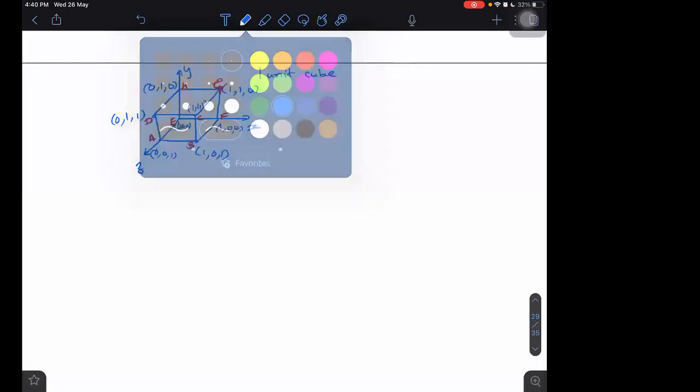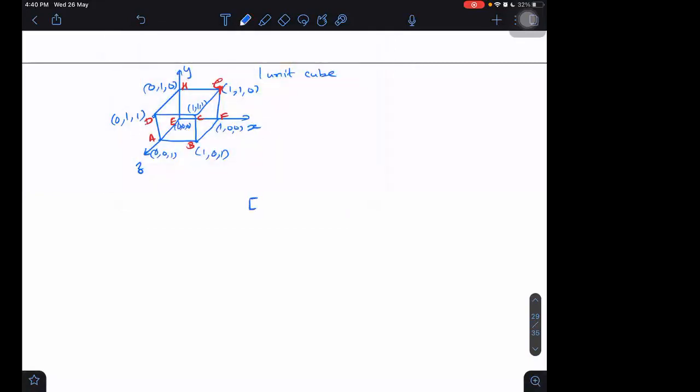Now, let us write a body diagonal. Which body diagonal can we take? We can take the EC body diagonal, whose vector will be the position vector of C with respect to E. E is the origin. So it will be RC minus RE, which is just i cap plus j cap plus k cap. Very easy to obtain. Minus 0 only, so no need. This is easy.